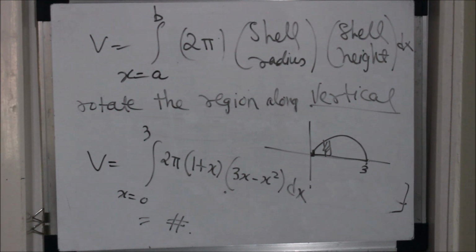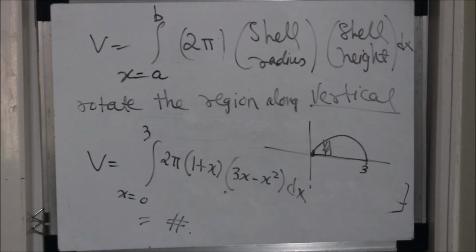As you can see, the integrand is nothing but a polynomial, so this is very easy to solve compared to the integration we would have got if we had used the washer method, because we saw that in the washer method we got square roots and all those things. It would have taken much more time than this simple integration. That's why the shell method is used many times, because it really reduces our work. So this is the formula for the shell method when you revolve along a vertical line, and when we revolve along a horizontal line, the dx becomes dy.